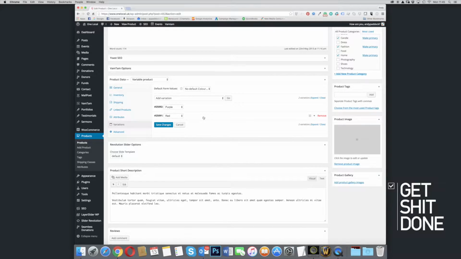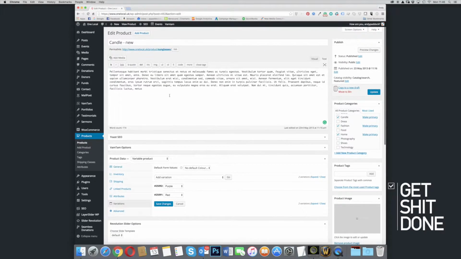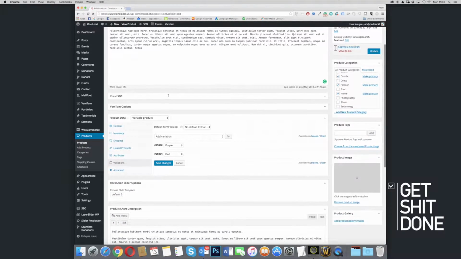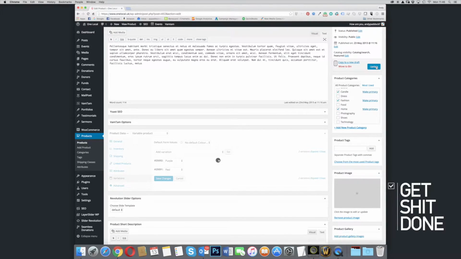So I've now gone from a simple product into a variable product with these two variations, driven by the attributes. You would change your text and stuff accordingly for the single items, but that's going from a simple to a variable. If I click on update,